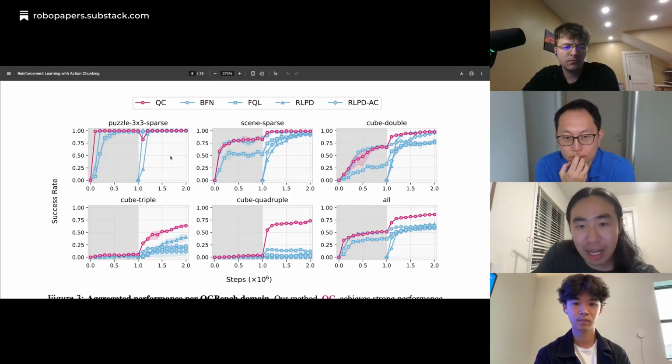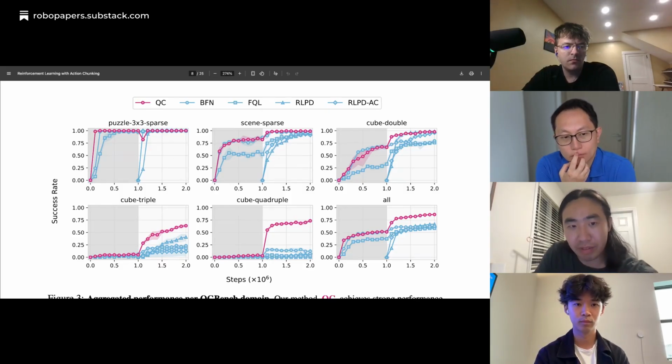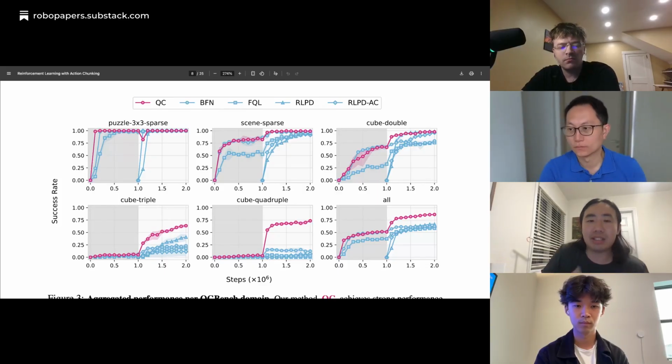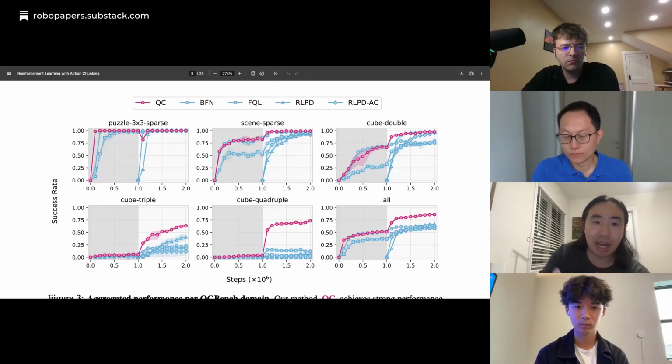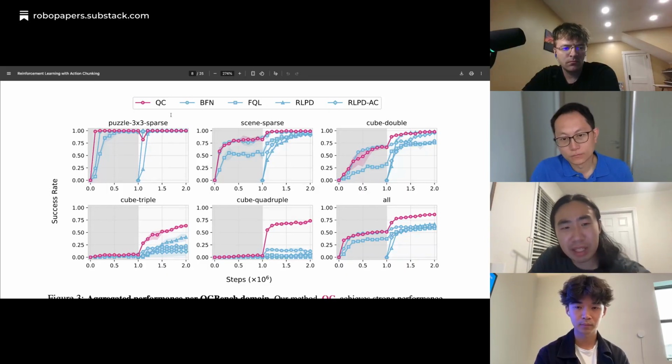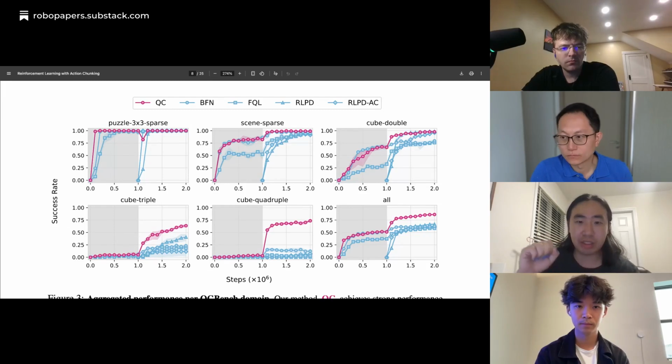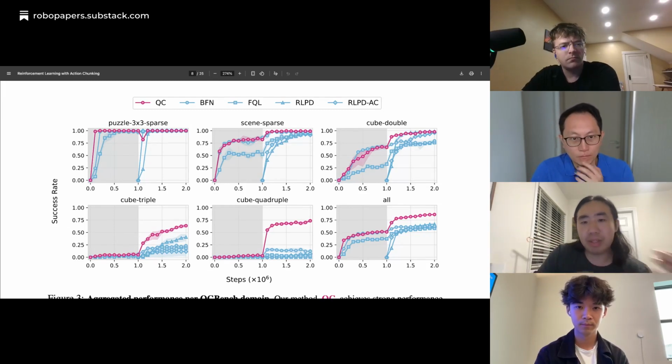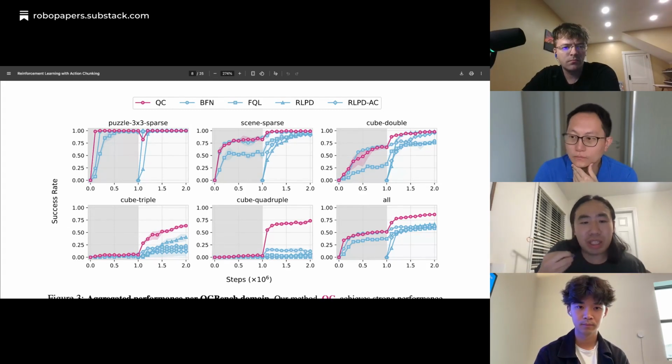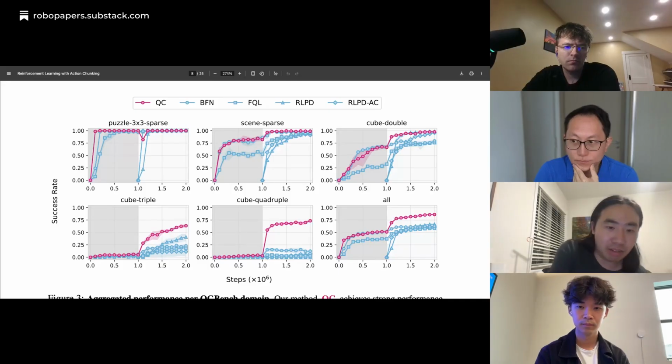The easier tasks you can solve to some degree in the offline case, because the offline data contains enough information to know how to do the task well. You can see that our method performs similarly to the non-chunk method, probably because we don't add anything on top of what's already in the offline data.